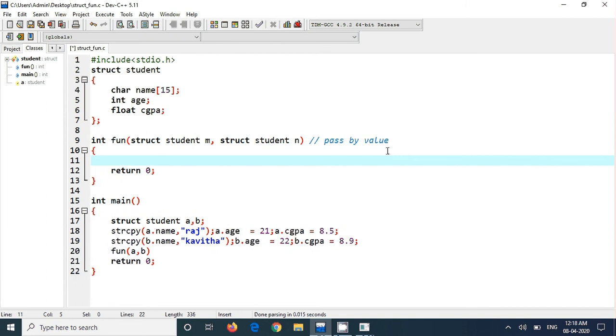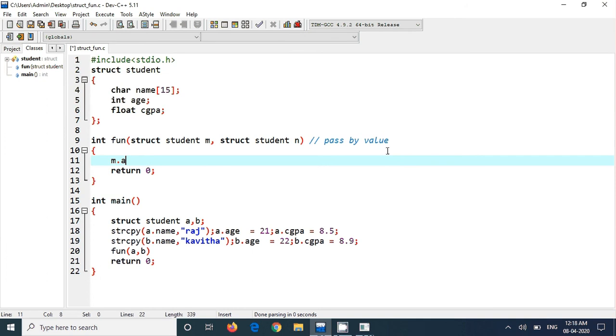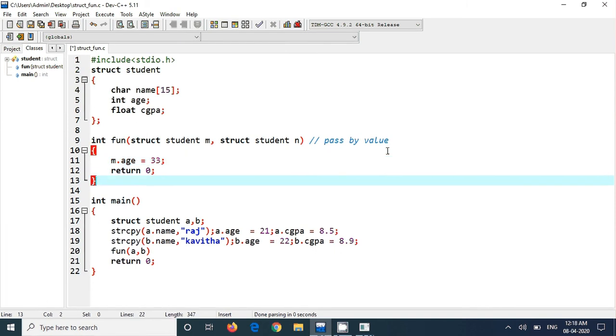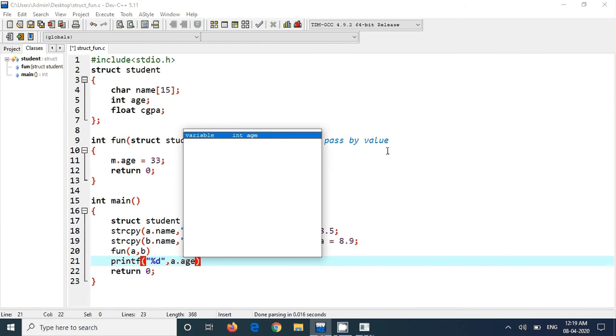Now if I assign M dot name, M dot age equal to 33. If I assign like this, that means it will not reflect here. So M is the one which is passed for A. So if I do a print of percentage %, if I am typing A dot age, so